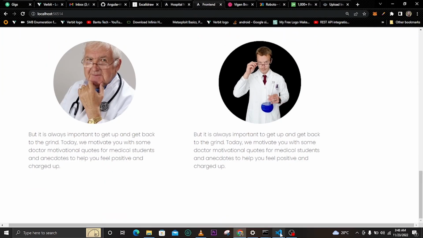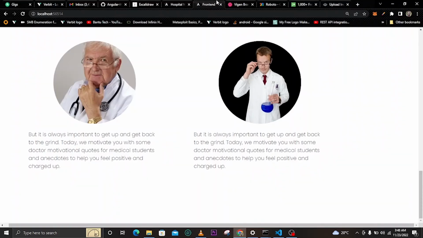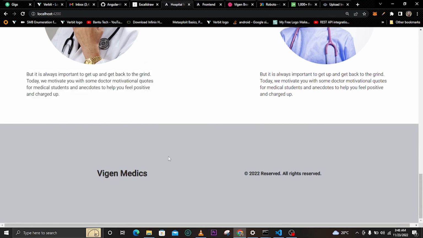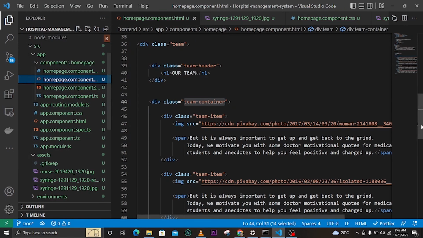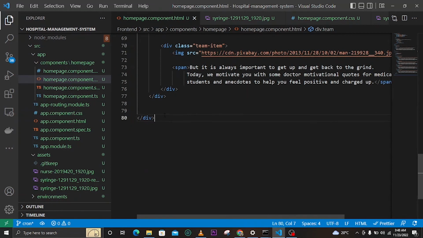And now the last part here is this footer. You have to have this footer down here. So let's add a div of footer. So let's see, down here we can have footer. So you have to have this dot footer. Okay, I'm making a mistake here. So dot footer,